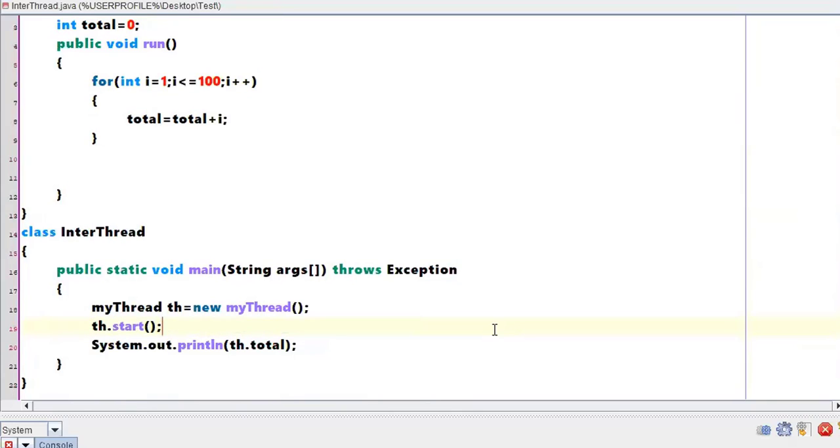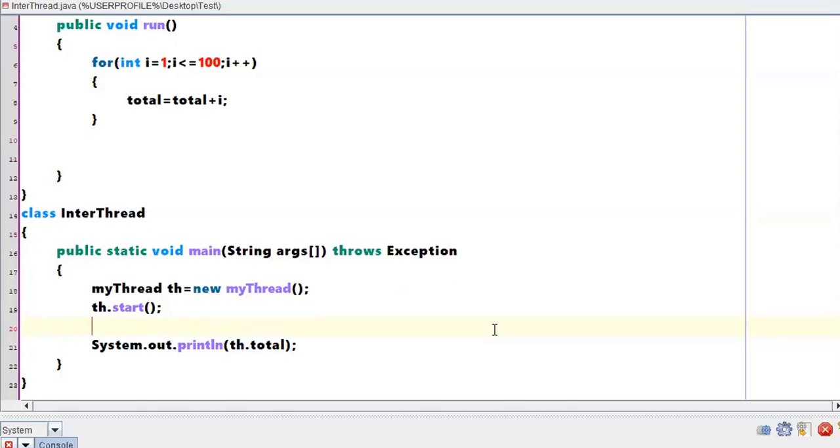So there is something called the wait method. What a wait method will do is, when you are saying th dot start, after this if you are executing a wait, then that particular thread will be waiting for another thread to finish the work, right? So that particular child thread, whichever is doing the execution, once it finishes its execution, it has to call the method called notify,